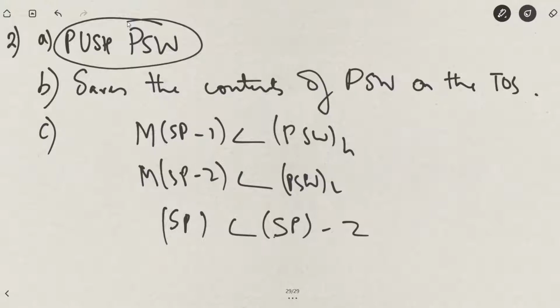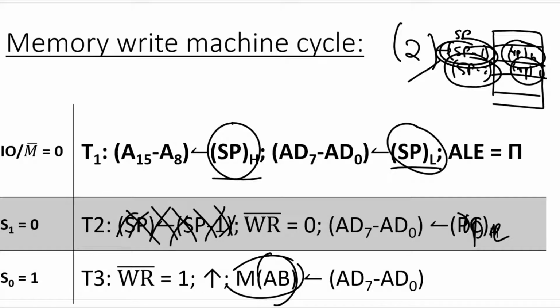Now the source here is not a register. The source is the process status word. That's actually implied by the microprocessor. So for the source and for the destination, both in this case the addressing mode is implied. The micro RTL will be the same except for where we had RPL and RPH being loaded onto the data bus. In memory write machine cycle 1, RPH was being loaded onto the